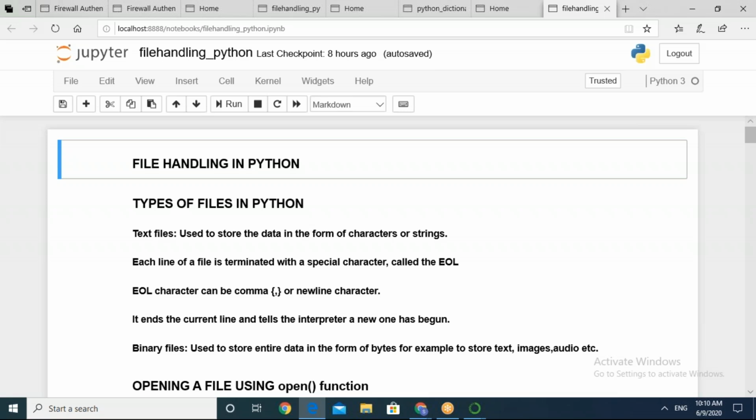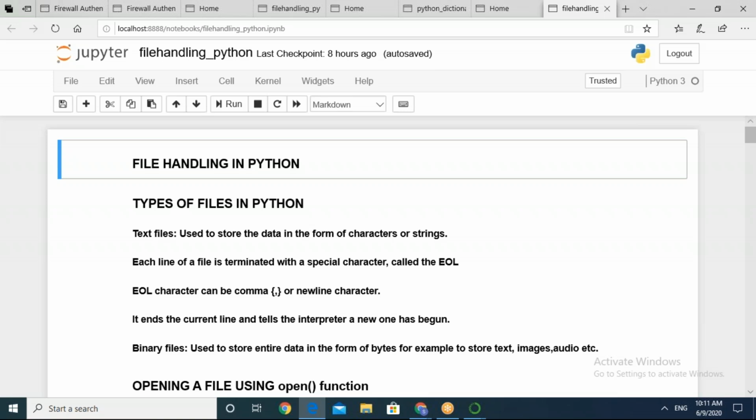The end of line character can be something else also, like a comma, a new line character or a semicolon. You can take up any provision in order to make it clear to the interpreter where your line is ending and how you want to execute your data. It ends the current line and tells the interpreter that a new line has begun. So this is basically the role of the end line character.